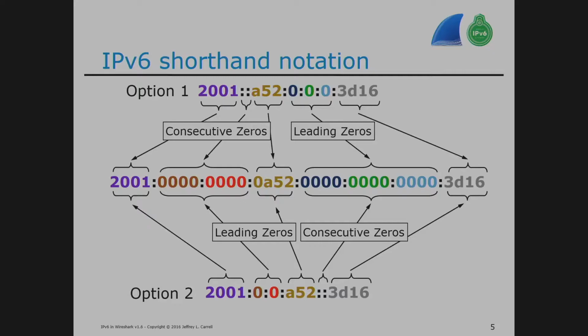All right? The considered best use of shorthand notation is the one that gives you the most compression. And so option 2 would be considered, or C, or the third one. The one here at the bottom would be considered the best usage of shorthand notation. It's using the most compression. All right? And those will be tricky questions in some tests.